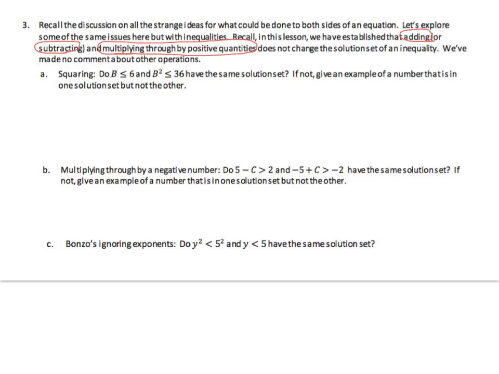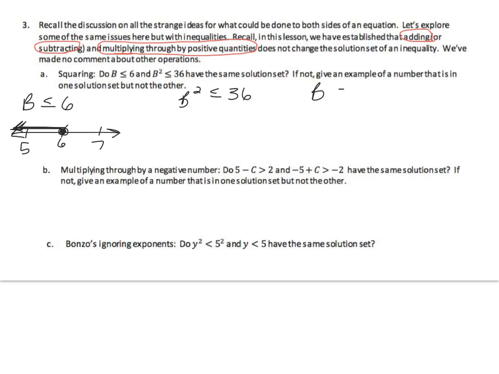So first of all, squaring. Do b is less than or equal to 6 and b squared is less than or equal to 36 have the same solution set? First of all, look at this one. If I graphed it, 6 would be in the middle. I'd have a closed dot at 6 and shade everything smaller, right? If we look at b squared is less than or equal to 36,